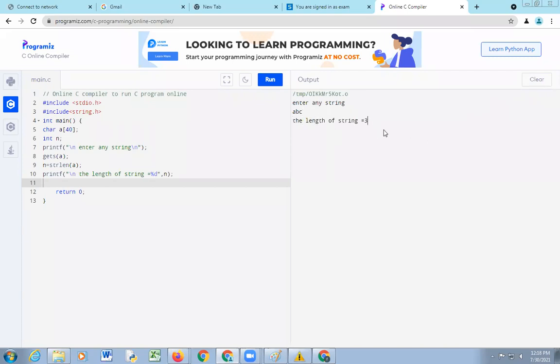Length of string is 3. Okay, did you get it? Yes, sir. Have any doubt? We'll see this concept in detail tomorrow. Okay, we'll stop here.